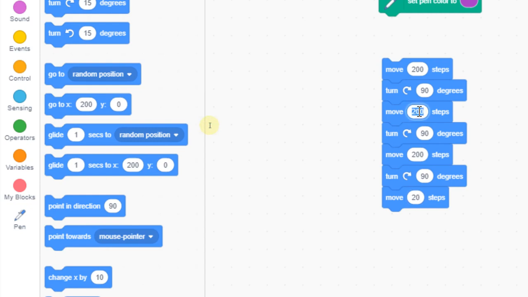Now we will do the changes here: 100, 90, then 200, 90, and then 100. Okay, 200, 90, 100, because in a rectangle two sides are smaller compared to the other sides.